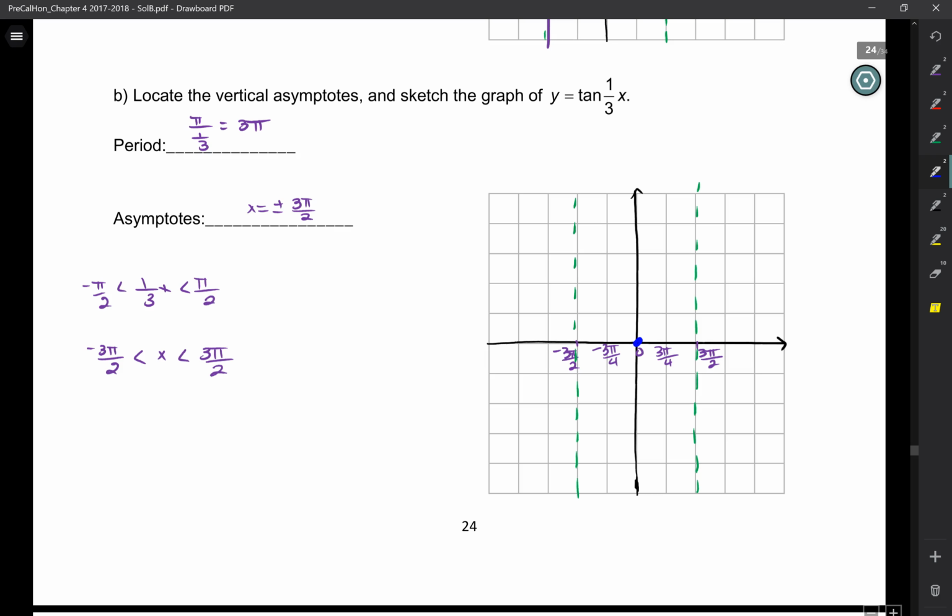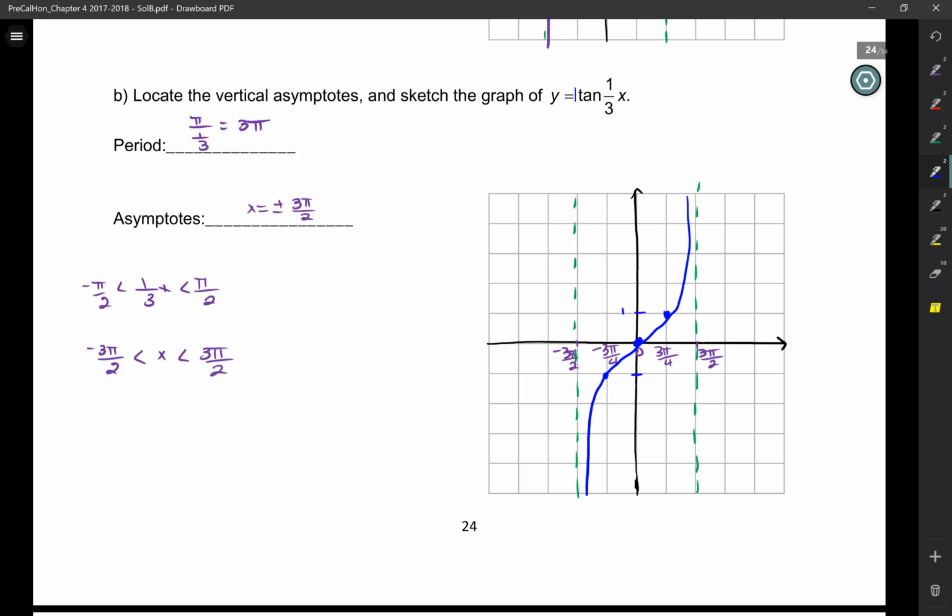The right-hand side corresponds to quadrant 1. Over there, tangent is positive. And because my a value is 1, I go up to 1. On the left-hand side, it corresponds with quadrant 4. And tangent is negative there. And because a is 1, it's negative 1. Negative 3 pi over 2. But when you put 3 pi over 2 into 1 over 3 times x into the equation,